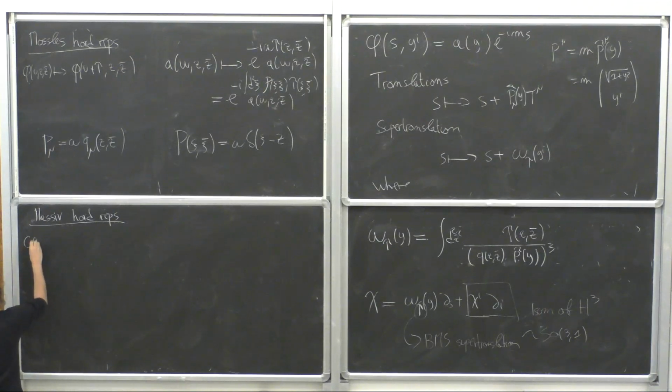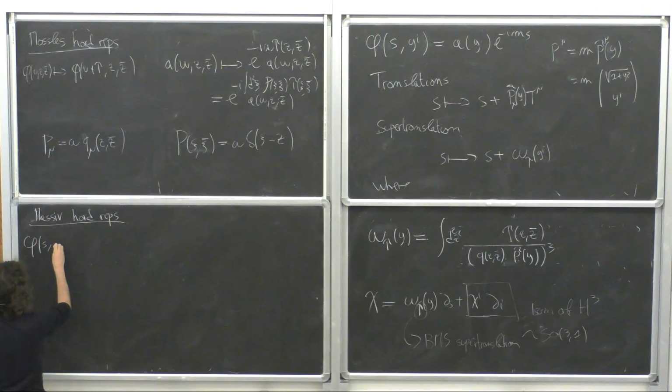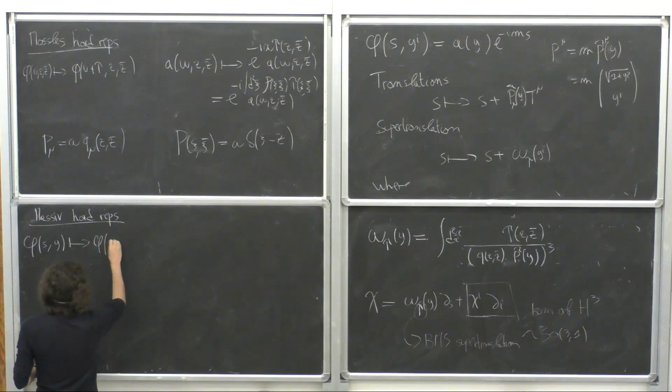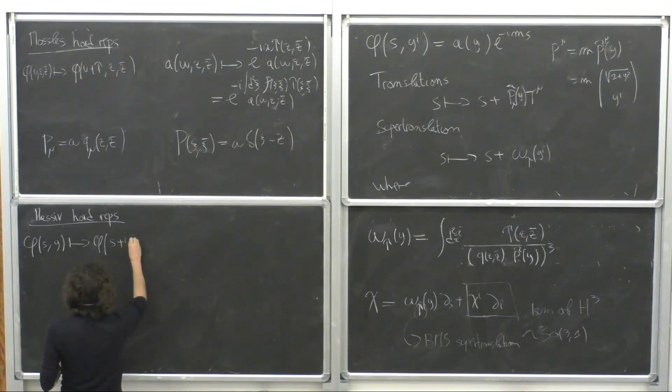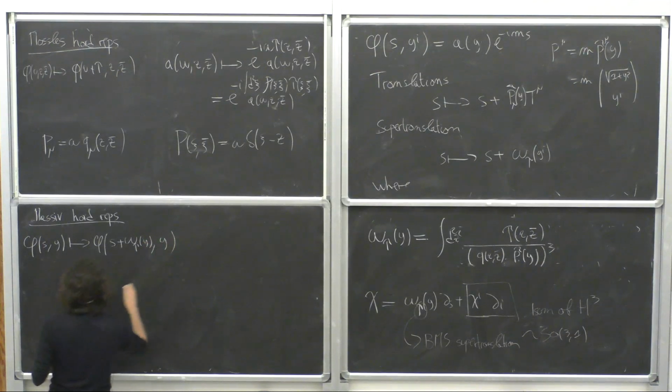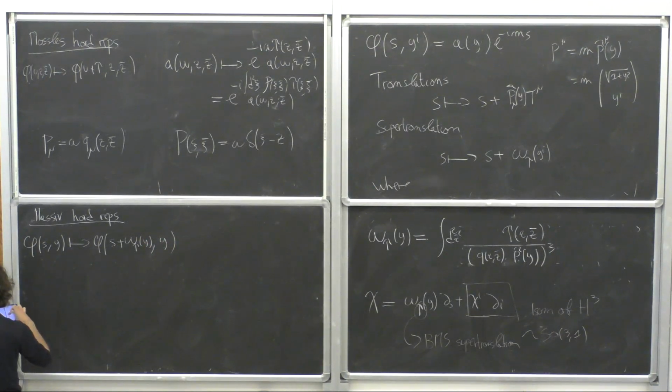So we have phi of S y is now mapped to phi of S plus omega 2 of y. And in Fourier modes, this is